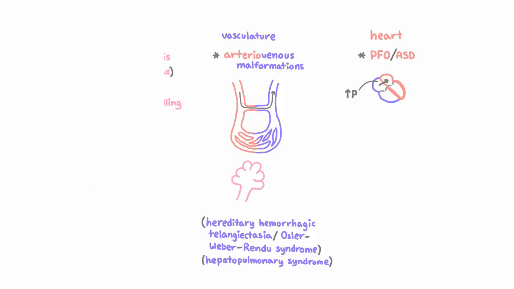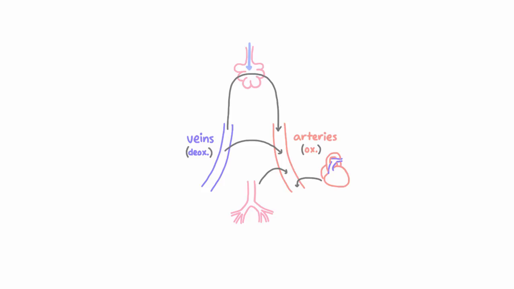So this was all right-to-left shunt, but in a left-to-right shunt, by contrast, oxygenated arterial blood is recirculated to the venous system and combines with deoxygenated venous blood. And this kind of shunt can occur within the heart, through atrial septal defects, or through arteriovenous dialysis grafts, or AV malformations. And left-to-right shunt is constantly increasing the amount of blood coming back to the heart, so